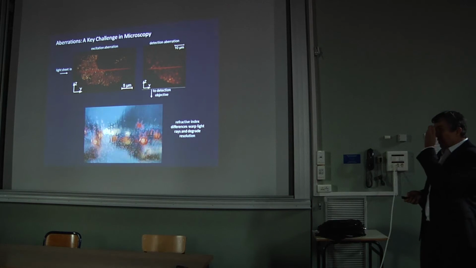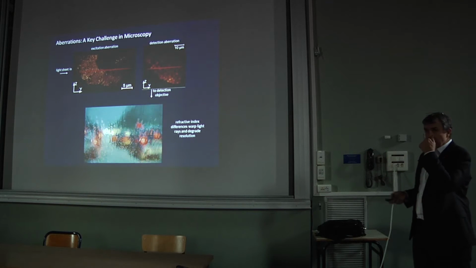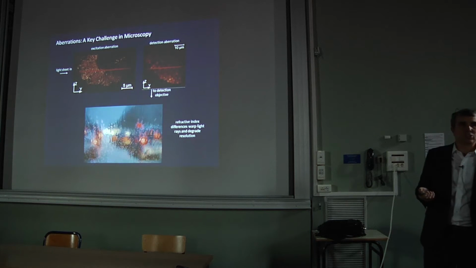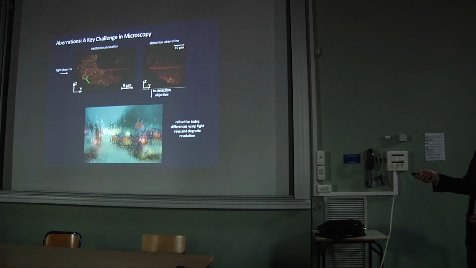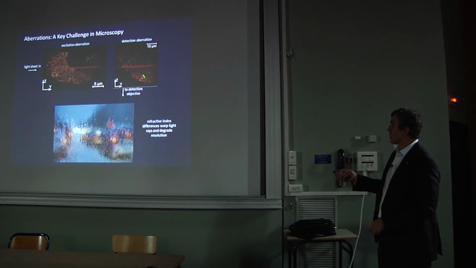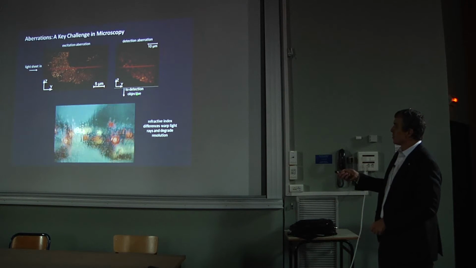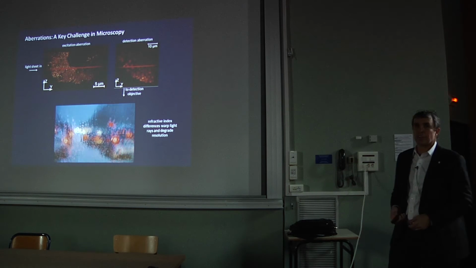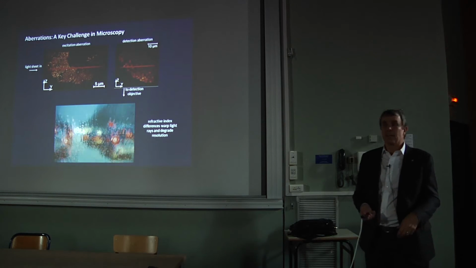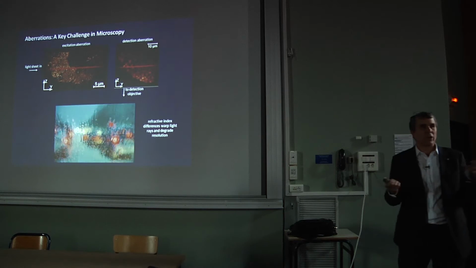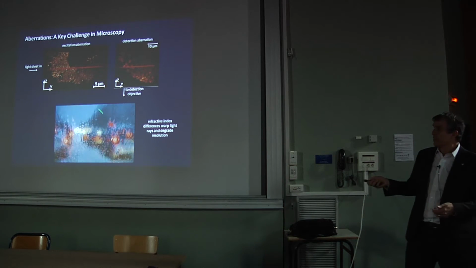The challenge with doing that is that if we're going to use, for example, the lattice light sheet, as the light sheet goes in, the refractive inhomogeneities of the sample scramble the light. So initially you have good resolution, good signal, but then it gets worse and worse as you go in. The same phenomenon happens on detection: the light from these nuclei that are closest to the objective doesn't get scrambled, but the ones that are deeper down, because their light rays have to go through the specimen, get scrambled, and then you have low signal and low resolution. So it's exactly the same phenomenon as water on your windshield scrambling the light that comes from the cars in front of you.